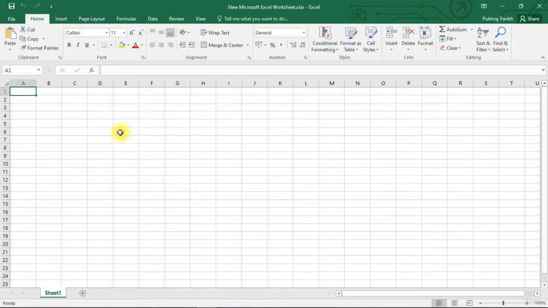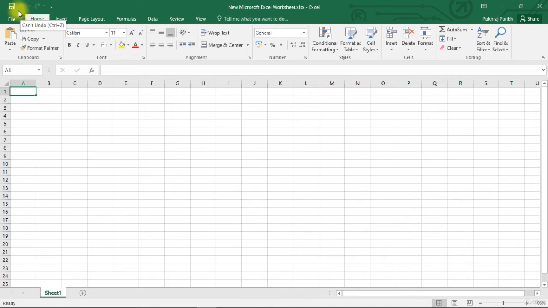In this video, we are going to discuss the options available in this File tab. The File tab is mostly used for three purposes: first, opening a new workbook or an existing previously saved workbook; second, to save a workbook; or thirdly, to print any part of the workbook. We will discuss all of these and many other features available in this File button in this video. Let's start.